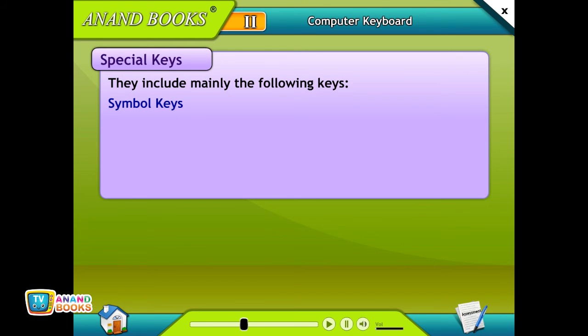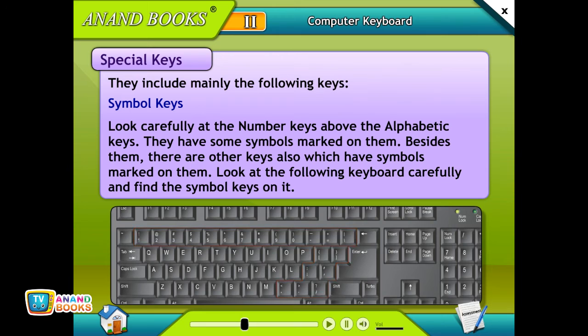Symbol keys. Look carefully at the number keys above the alphabetic keys. They have some symbols marked on them. Besides them, there are other keys also which have symbols marked on them. Look at the following keyboard carefully and find the symbol